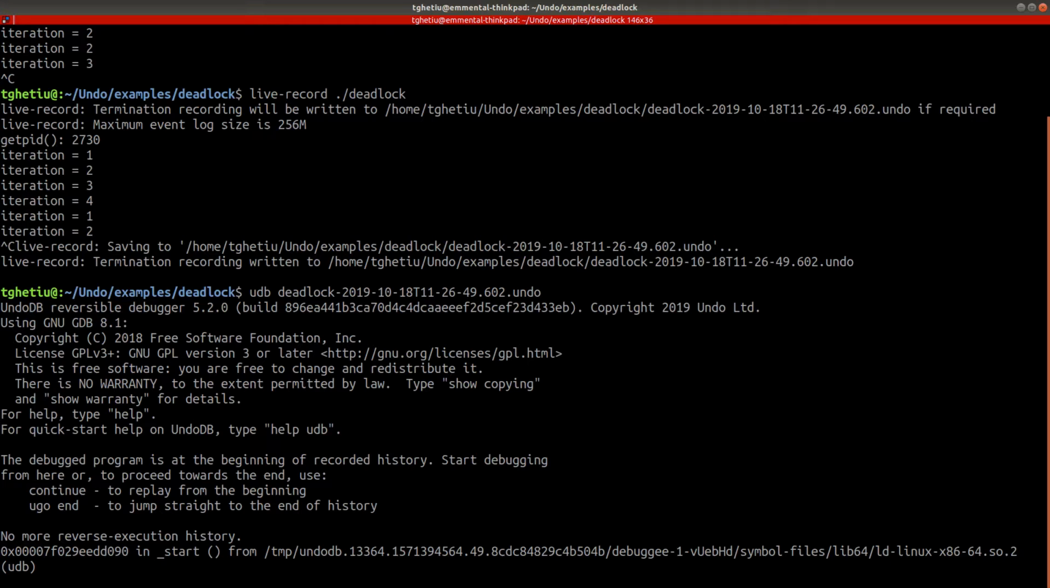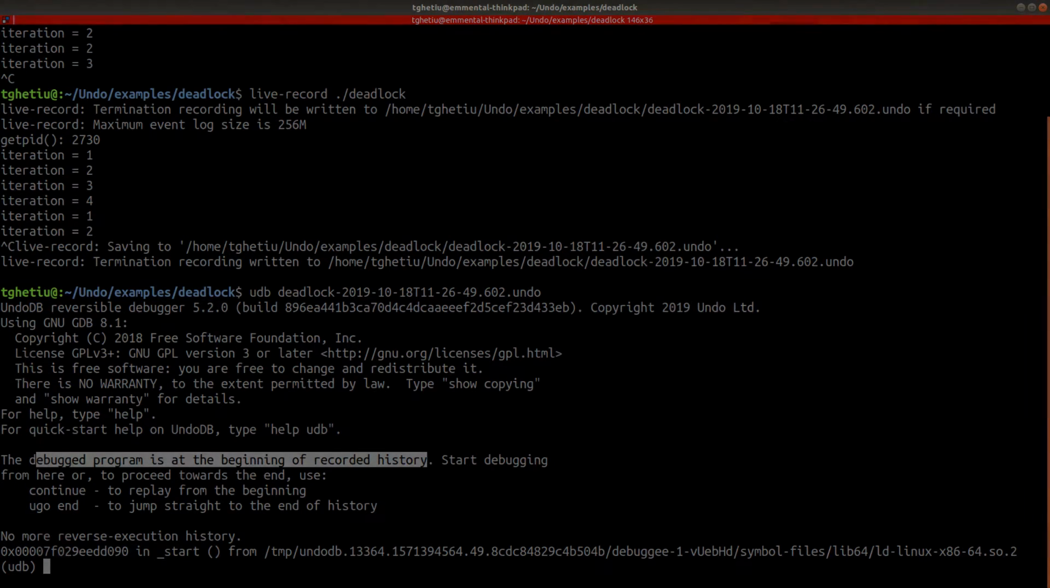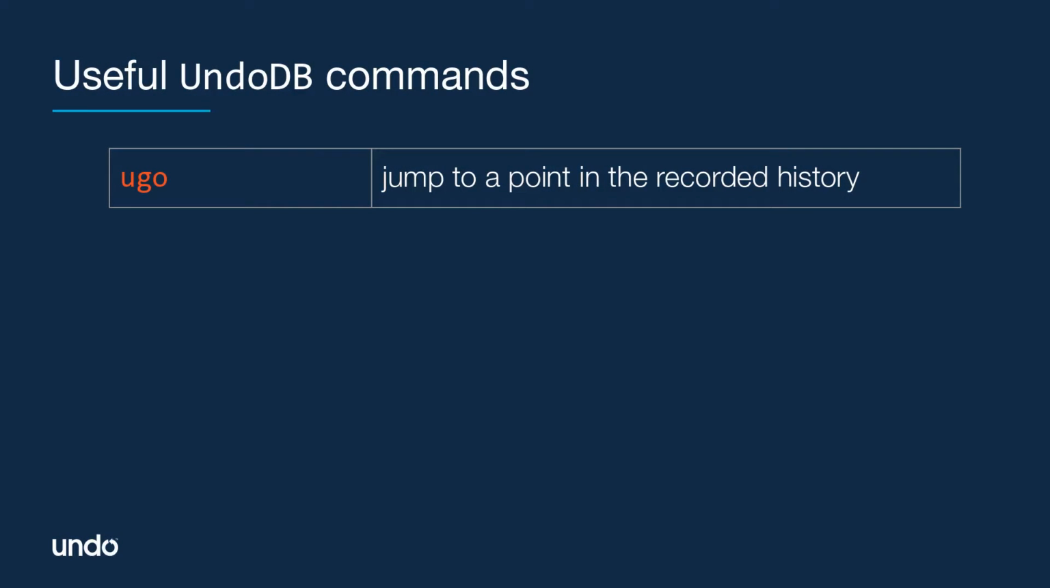From the output of the debugger, we notice that we are at the beginning of the recorded history. That's how UndoDB works. When it loads a recording, it sets the replay position at the beginning of the recording. In order to reverse debug, we can quickly jump to the end of the recording using the UGO command. UGO makes the debugger jump to another point in the debuggee's recorded history. In our case, we want to jump to the end of the recording, hence we will call UGO followed by